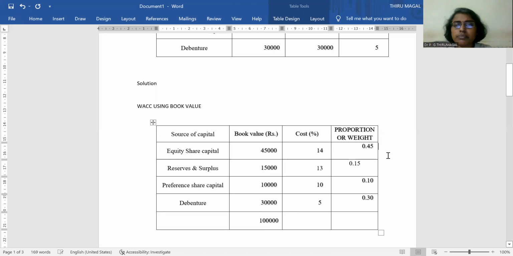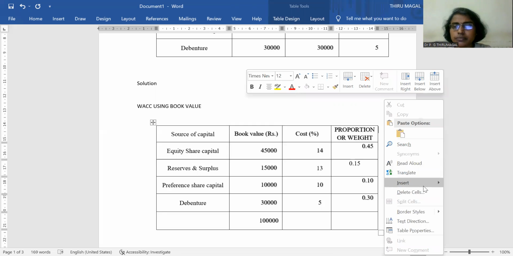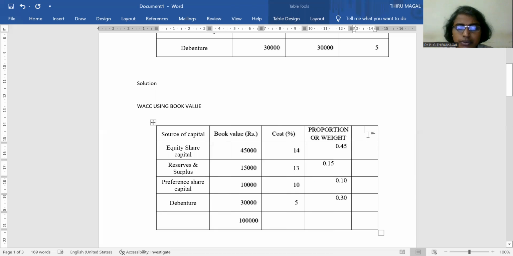The next step, after finding out the proportion or weight, is to multiply the cost with the weight. We need to multiply the individual cost with the weight. So 14 multiplied with 0.45. When you multiply 14 with 0.45, the value comes around